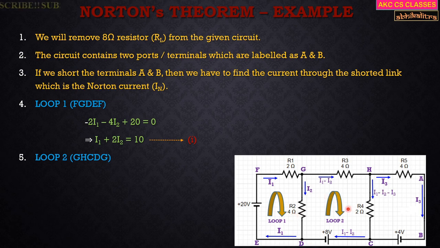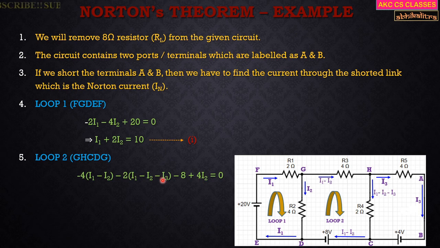If you take a look at the equation, it will look like minus 4 times (I1 minus I2), minus 2 times (I1 minus I2 minus I3), then minus 8 over here, plus 4 times I2 equal to 0. Now we'll solve the equation. It is minus 4 times I1 minus 2 times I1, so it is minus 6 times I1, right? Minus 4 into minus I2 gives you plus 4I2, minus 2 into minus I2 gives you plus 2I2. So plus 4I2 plus 2I2 gives you 6I2, plus 4I2 gives you 10I2.